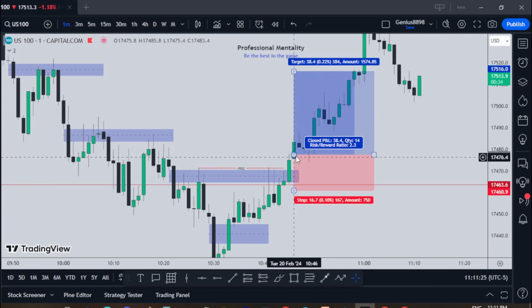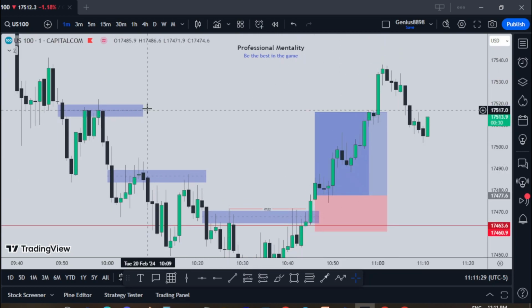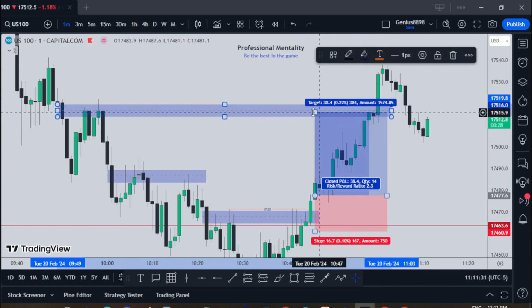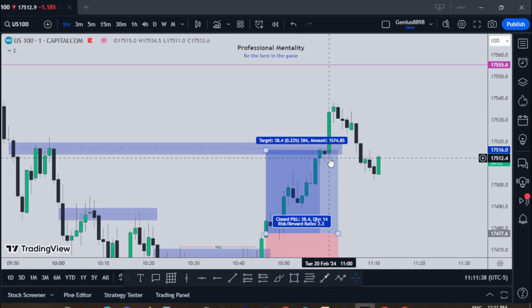When I see that, I was like, okay, we're in. Boom, I get in, and the market just drives to the upside. Easy. When we have this fair value gap here, just to be safe, I exit right there, right? And also you see that the moment when I close the